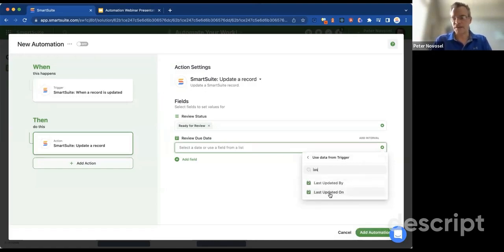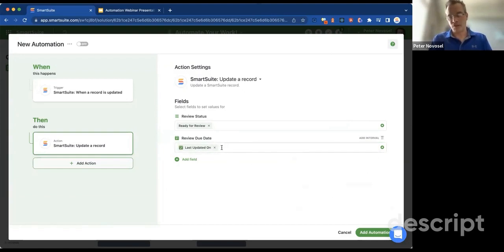That gives you this record's last updated date, which would be right now because the record was just updated. But in addition to that right now time, I want to add an interval of, say, 3 days. You get 3 days before the review is due. So when this record triggers this automation, it's going to perform these two actions, making an update to review status